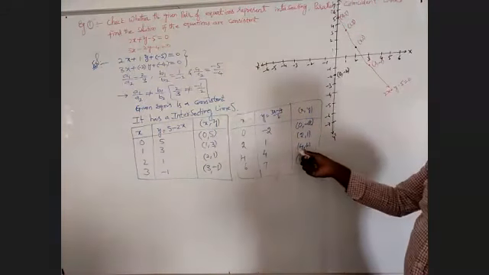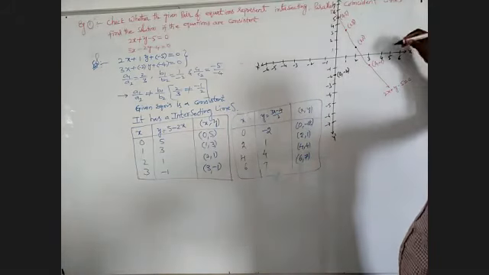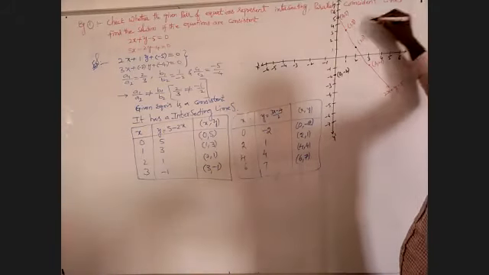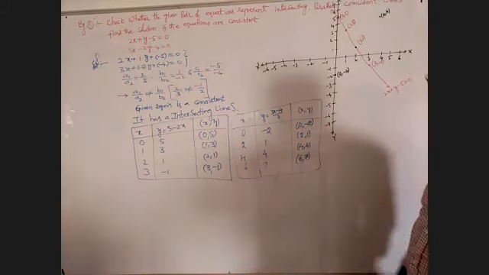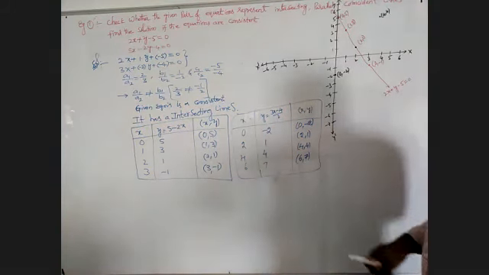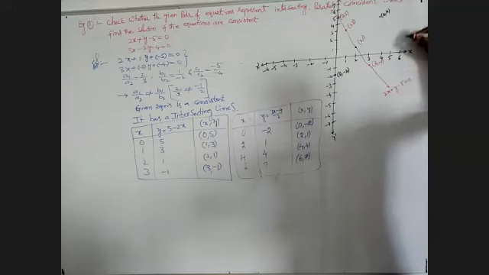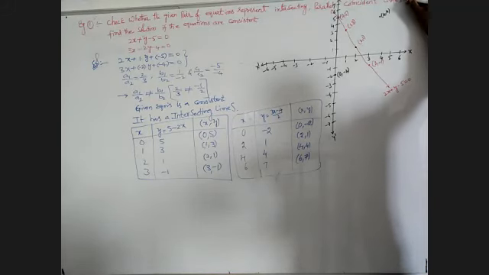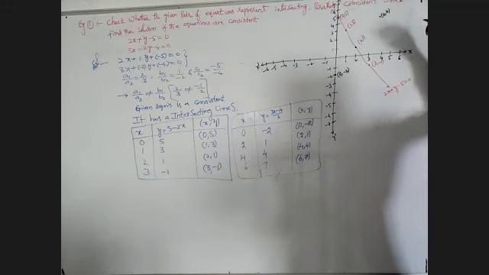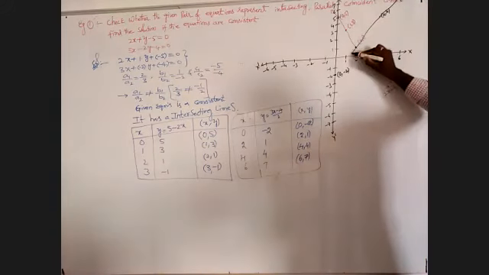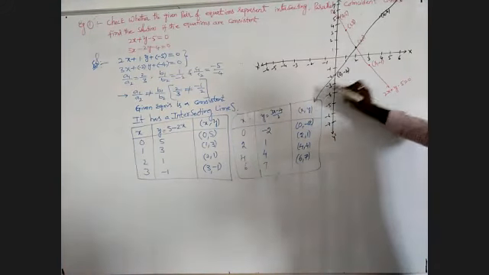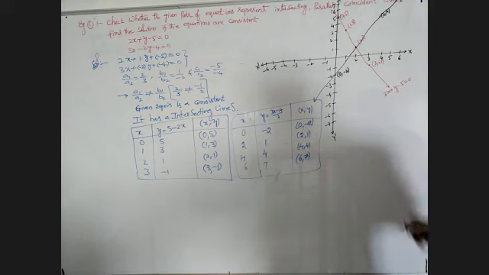After that we take (4, 4). On the x-axis we take 4, and on the y-axis also we take 4. This is the point (4, 4). And finally we take (6, 7). This is 6, this is 7. Name it as (6, 7). We draw the graph by using a scale. This is the given graph. Name it as